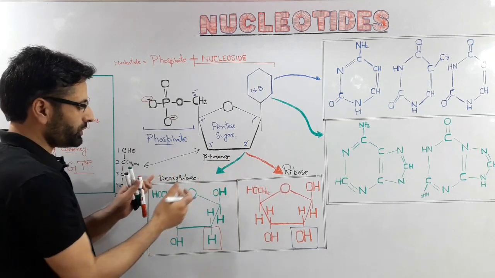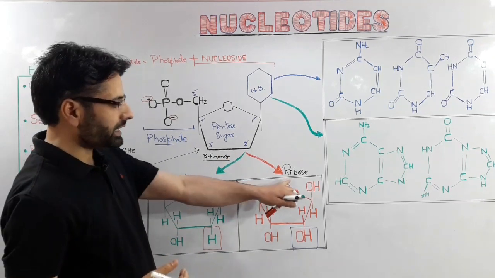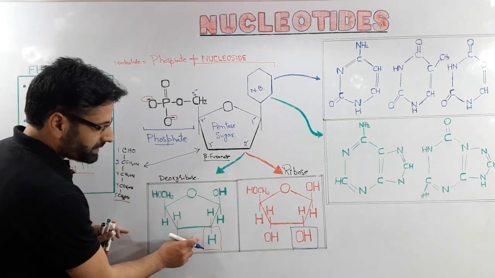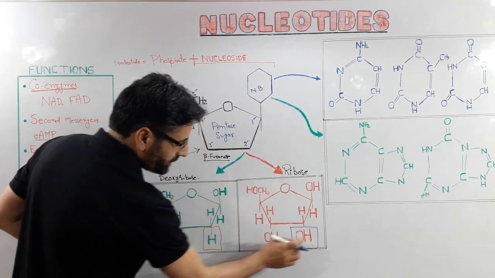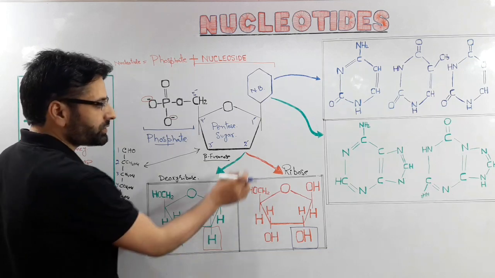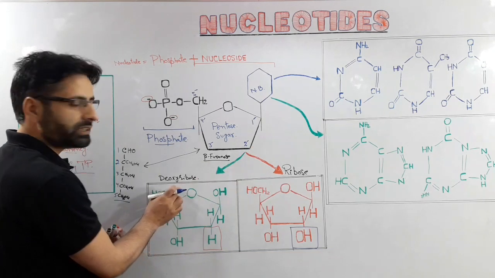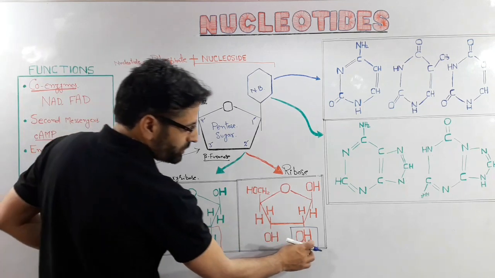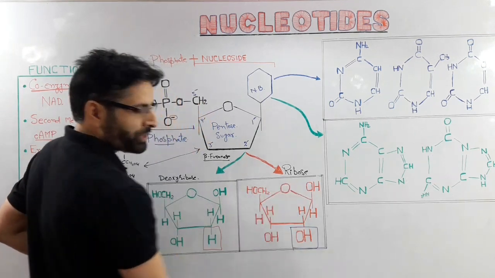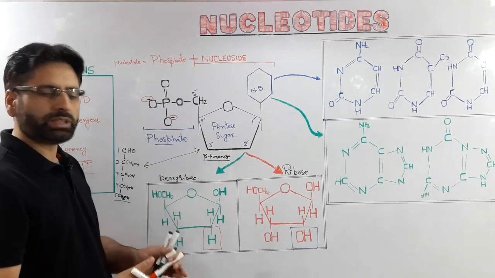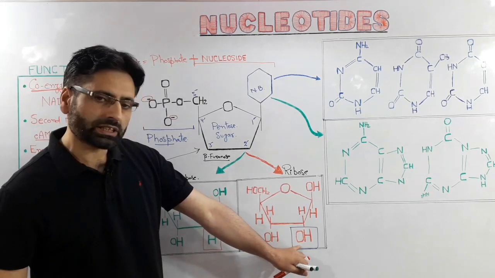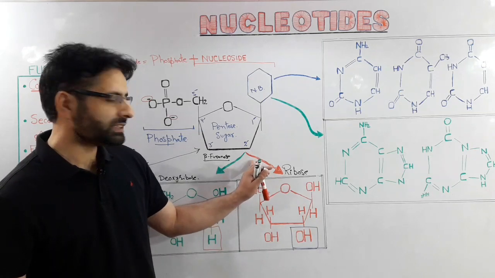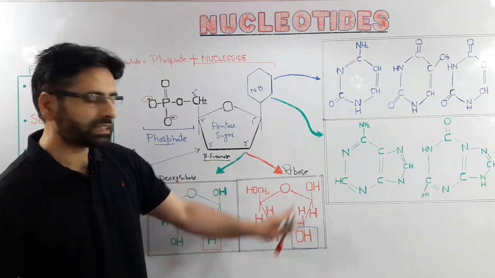Either it is the deoxyribose or it is the ribose, and this difference is because of either hydrogen or hydroxyl group. If it is hydrogen present on this second prime carbon, then it is the deoxyribose, that is, it is deficient of the oxygen. And if it is this hydroxyl group, then it is called the ribose. Or you can say simply that if the oxygen is present along with this hydrogen at this second prime carbon, then it is called the ribose.